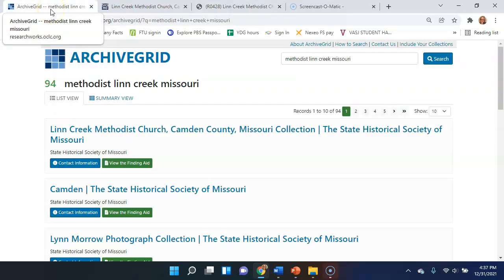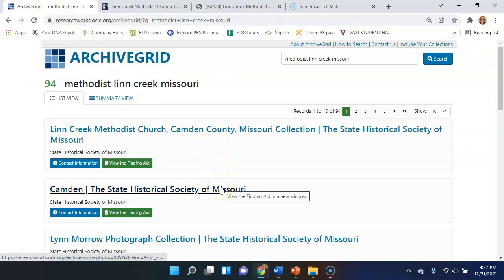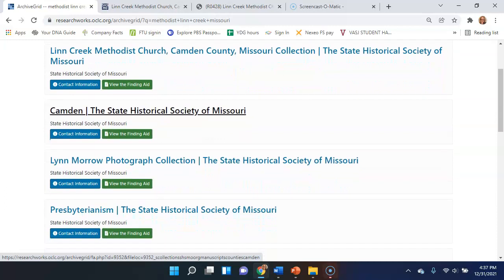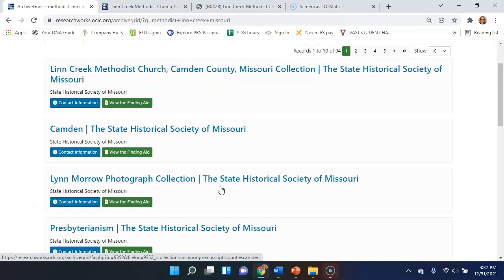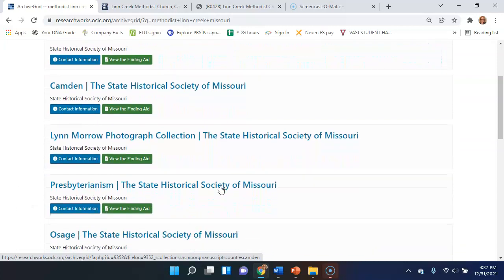After exploring that result, I would then return to the search results page and go down through the next few until it's clear that the results are no longer relevant to my search. In this case, the Camden result is a collection of results that all pertain to Camden County, where Lynn Creek is. There's a photograph collection pertaining to a couple of specific families, not mine, but that does mention the local Methodist church.